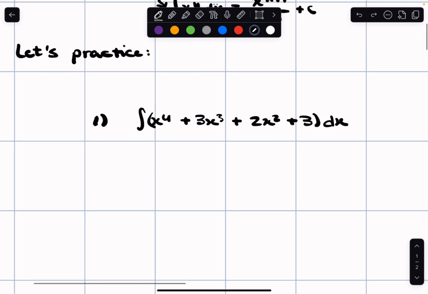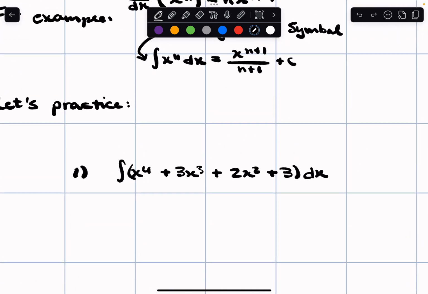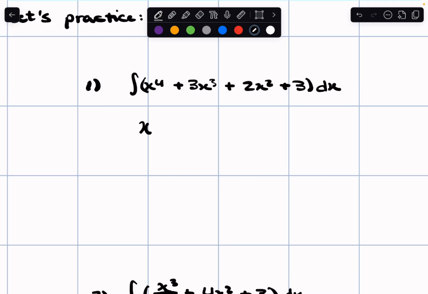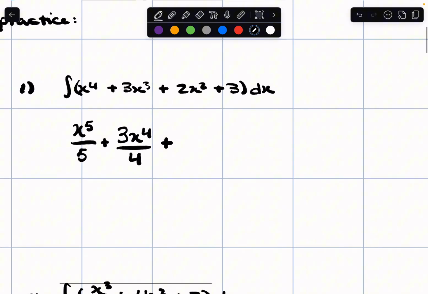Okay, so now let's practice. So remember that when we integrate a power function, we add 1 to the power, and then we divide it, and we keep that. So the integral of x to the 4th will be x to the 5th over 5, because we added 1 and we divided it, plus, the same thing here, we're going to add 1 to 3, which is going to be 4, so it'll be 3x to the 4th over 4, plus, same thing here, we add 1 to 2, which is going to be 3, so it's going to be 2x cubed over 3, and then here we have 3,